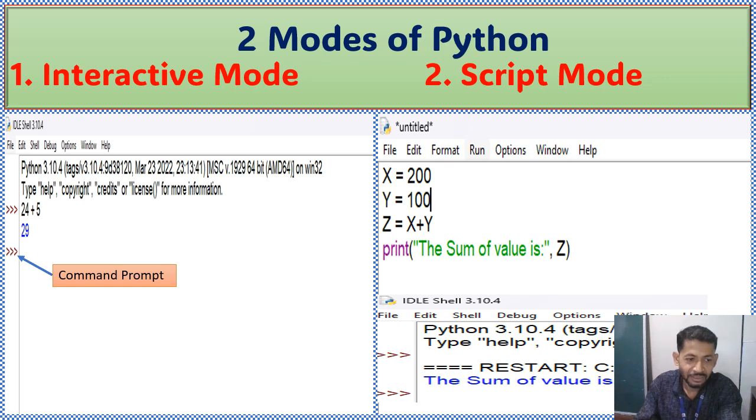On the right side you can see it. Go to File, New File, click on the File option, New File, so that on the right side a Notepad-type window will appear with File, Edit, Format, Run, Options, Window and Help menu. So here you directly write the bigger program. If it is more than 2 or 3 lines or more than that, then you can use script mode. Here you just write all the programs